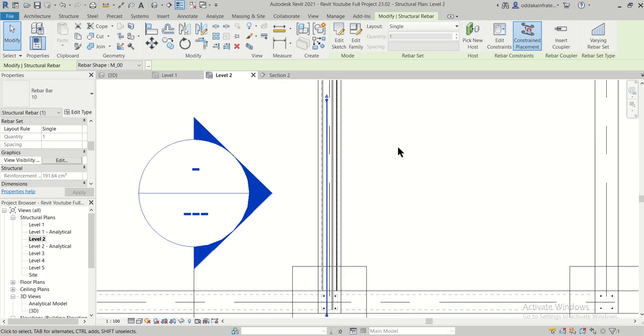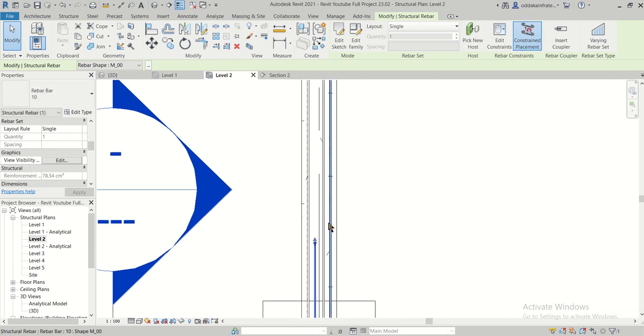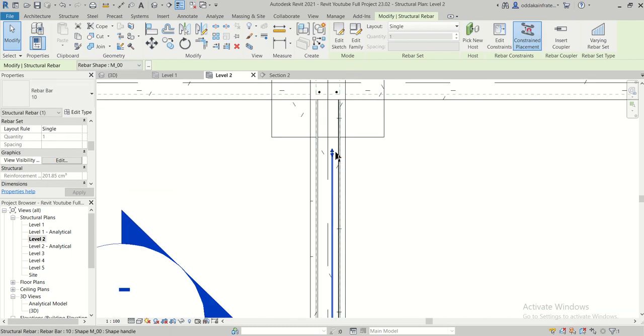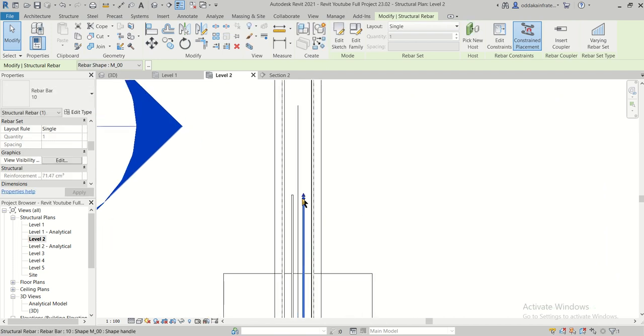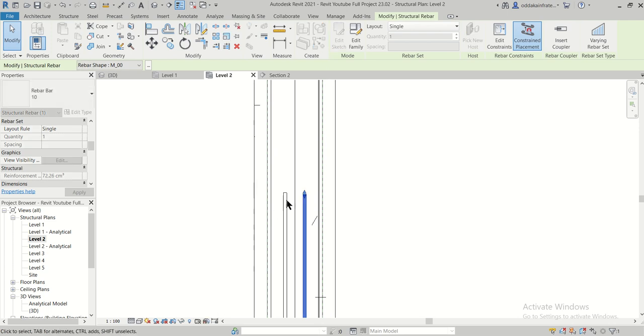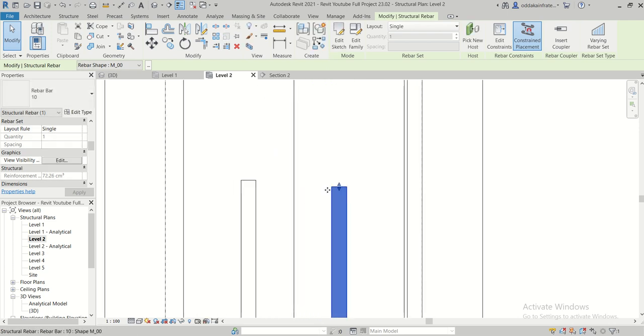You can use the mouse middle wheel button, and so suppose we are taking it up to this much, and this also we will take up to this much. This is the particular length near the supports here, and keep this at the same level, both of them.